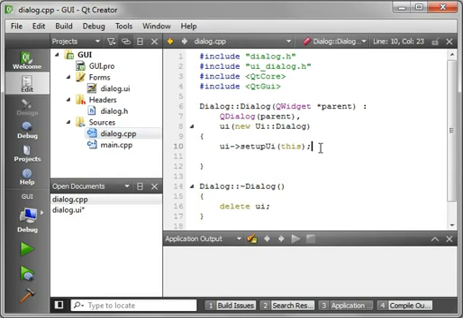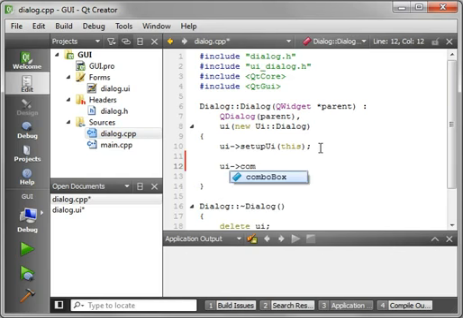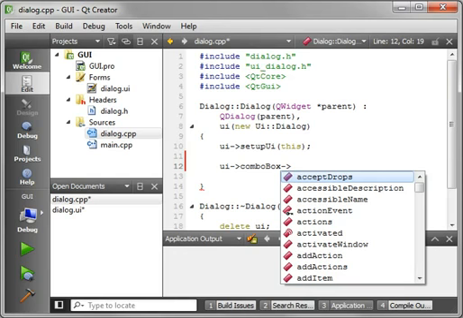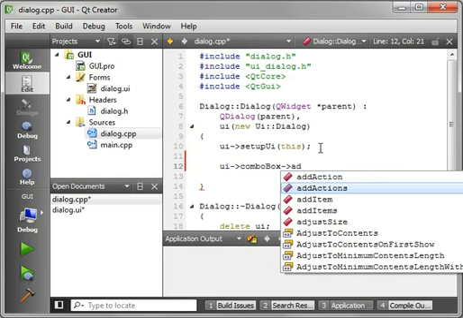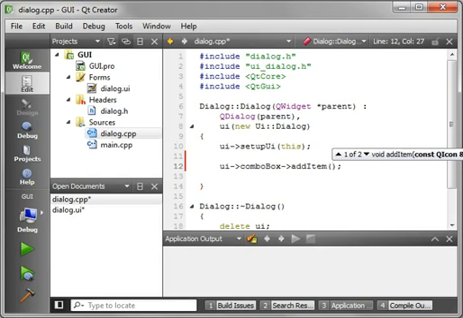dialog.cpp. UI combo box, and we're just going to add item. Notice you can add actions. We'll get into that in another tutorial, but you should be familiar with the Qt framework and that you can add item, items, or actions. So we're just going to add a single item here, and we're just going to say hello,